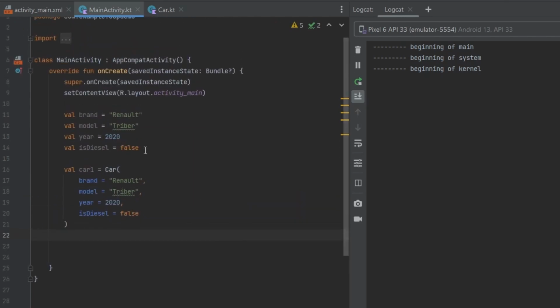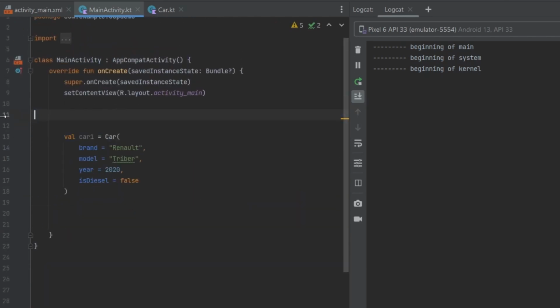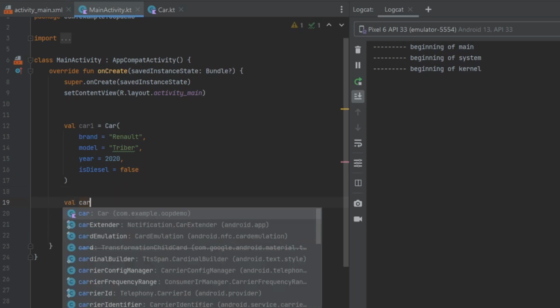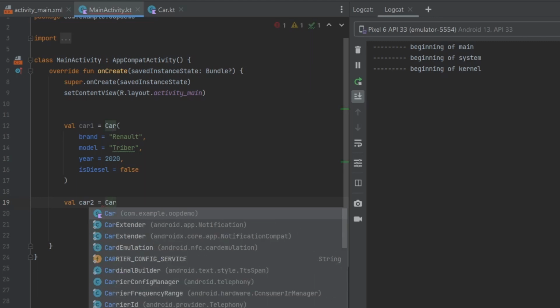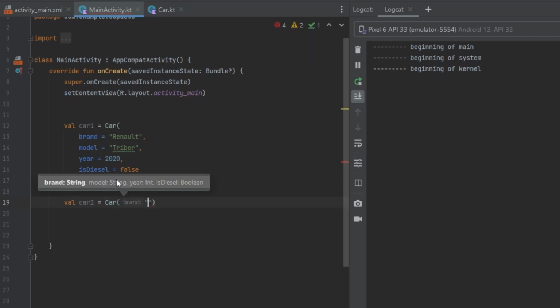Now, we also don't need this. We don't need a separate variable for each car. And if I want to have several different cars here, I can do that just as easily. I could say val car2 equals, and then Car, and within here, I could say Maruti